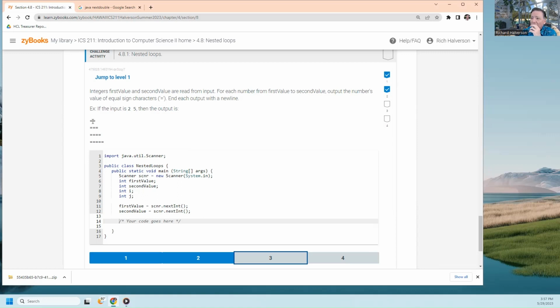Oh, that's clever. So if the input is 5, oh, I see. From 2 to 5: 2, 3, 4, 5. So it's from 2 to 5 inclusive. So let me go for